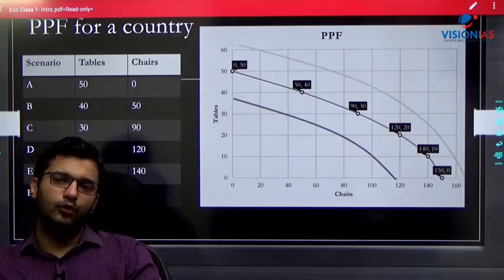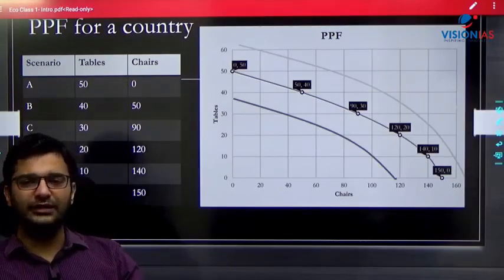Full stop. Both macro and microeconomic decisions